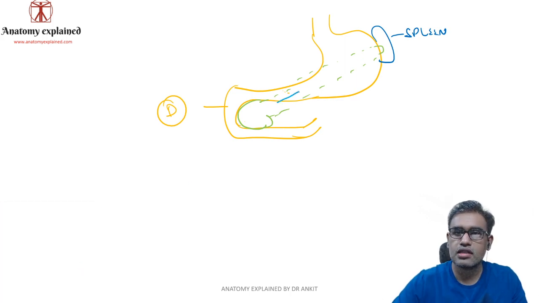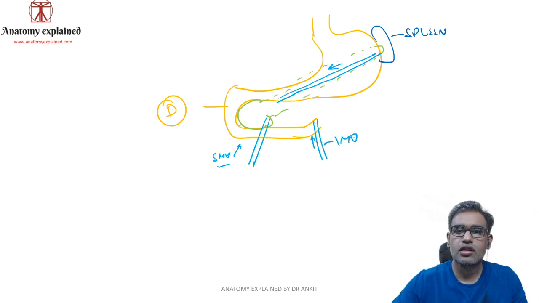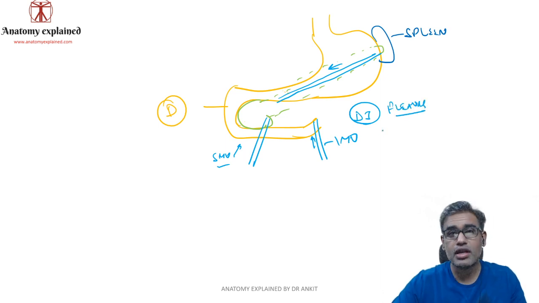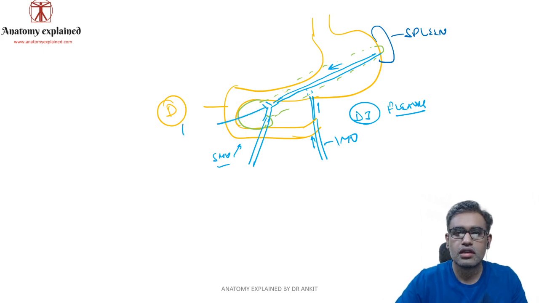Behind the neck, body and tail of the pancreas, this was our splenic vein which was coming. Direction is like this. Here we had the superior mesenteric vein which was coming. Here we had the inferior mesenteric vein which was coming, close to the DJ flexure, that is the duodenojejunal flexure, particularly around what we call the paraduodenal recess. So this is your inferior mesenteric vein. It will again ascend up and drain into the splenic vein normally. So here they are meeting and they form our portal vein. The portal vein is formed over here, behind the neck of the pancreas. Now it will ascend up.